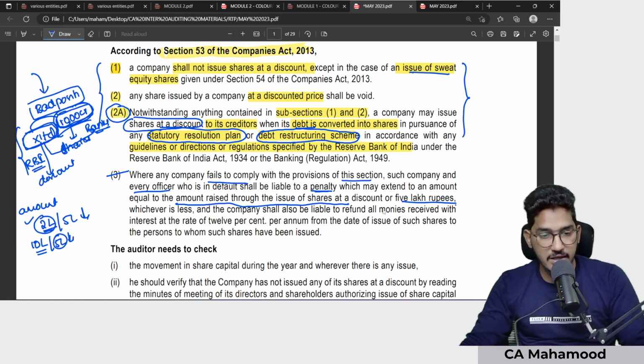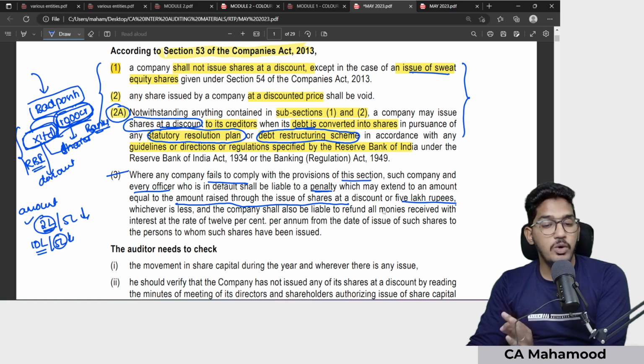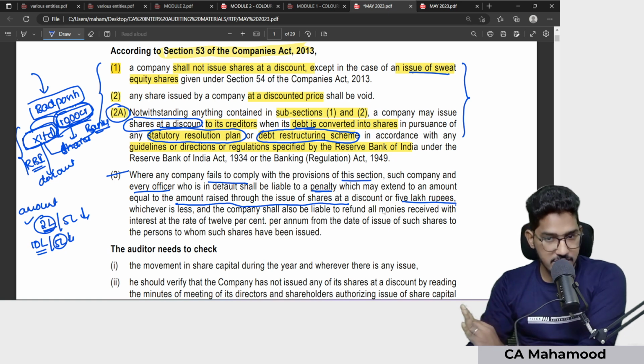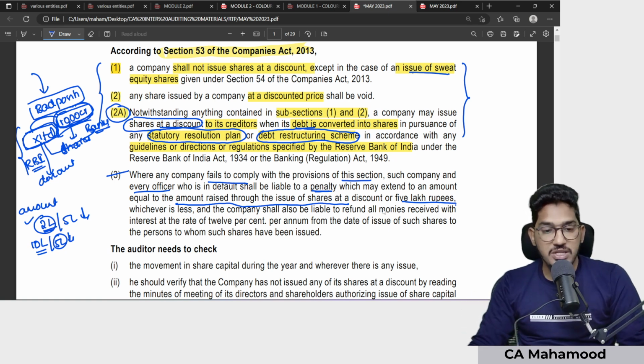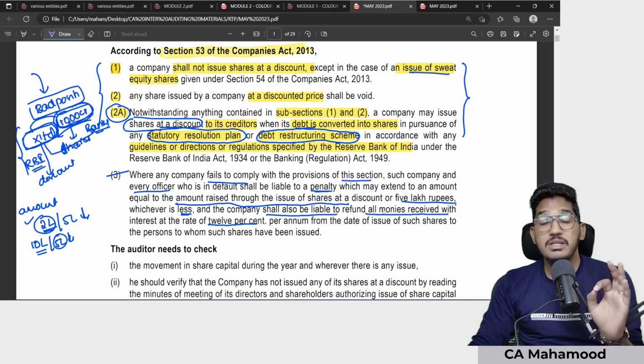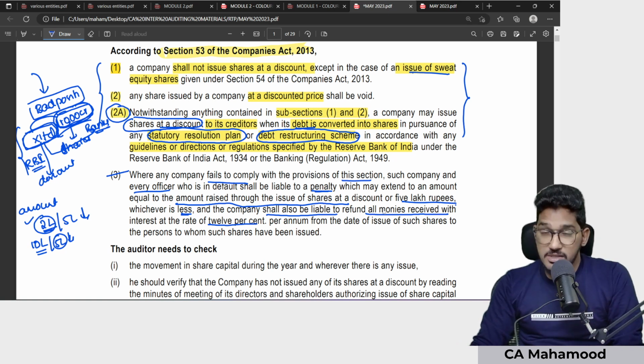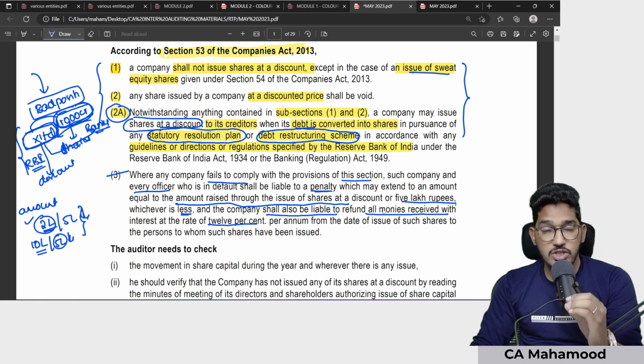So they have to pay a penalty equal to either the amount raised through the issue of shares at a discount or 5 lakh rupees, whichever is less. In addition to that, the company shall also be liable to refund all monies received with interest at the rate of 12% per annum. Not just paying the penalty, whatever money they have raised from the shareholders by issuing shares at a